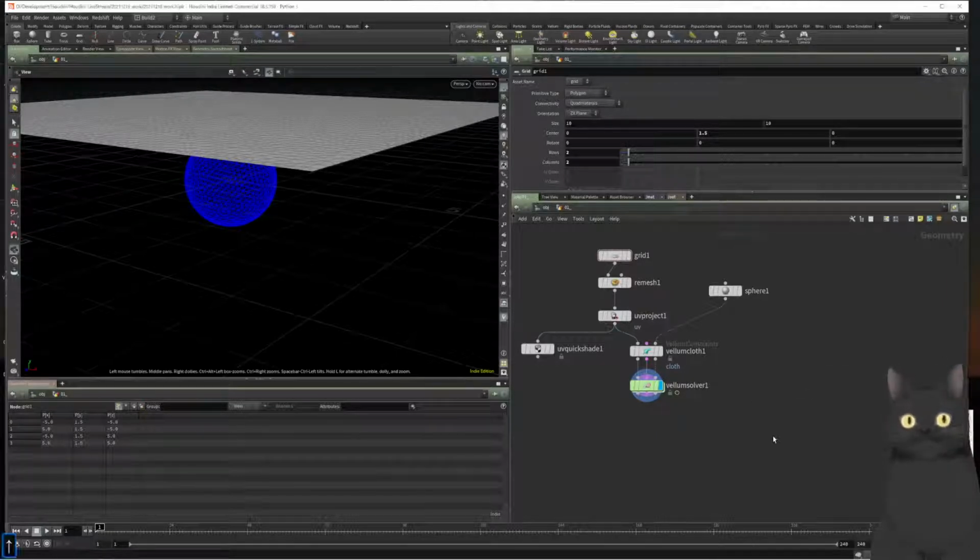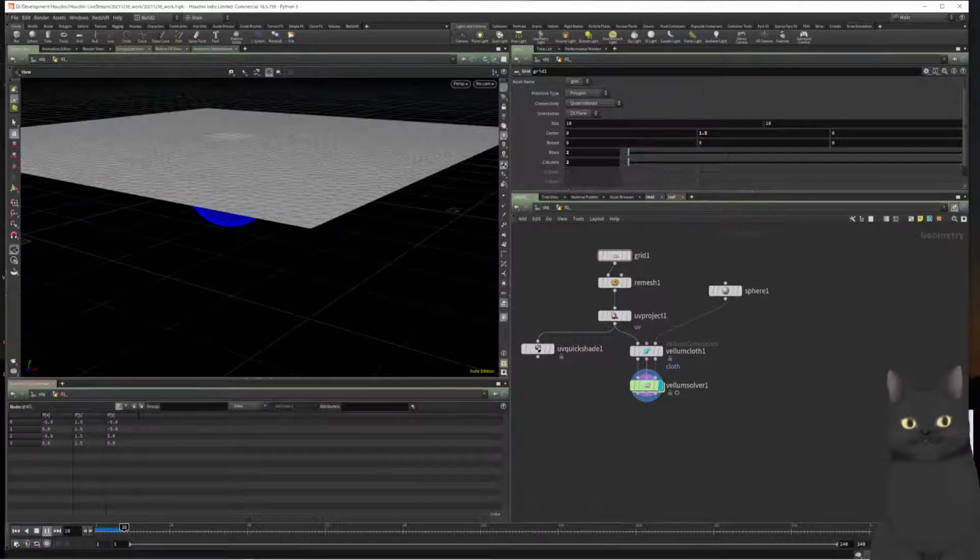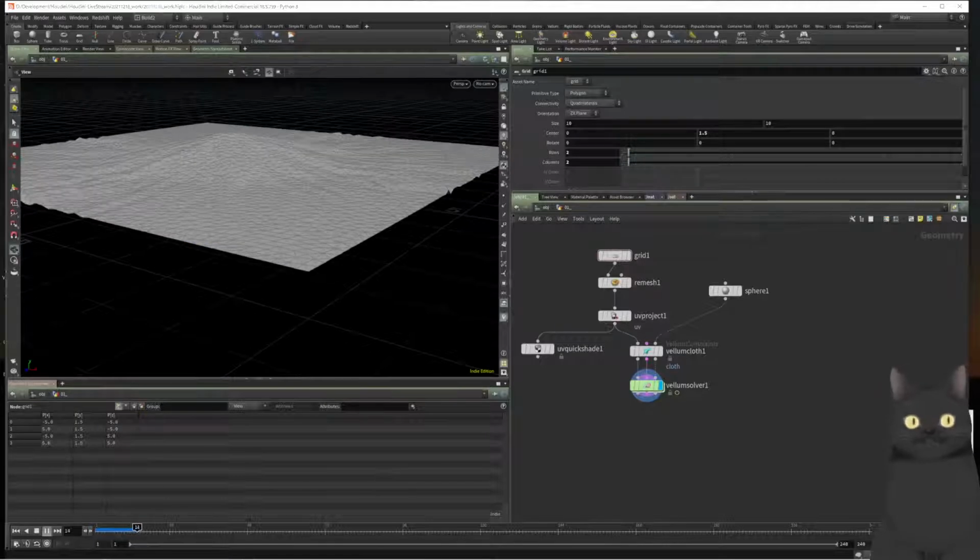Another thing we can do is to pin the edges. Let's add a group node, set it to points, and disable base group and enable keep in bounding regions. Now we can move